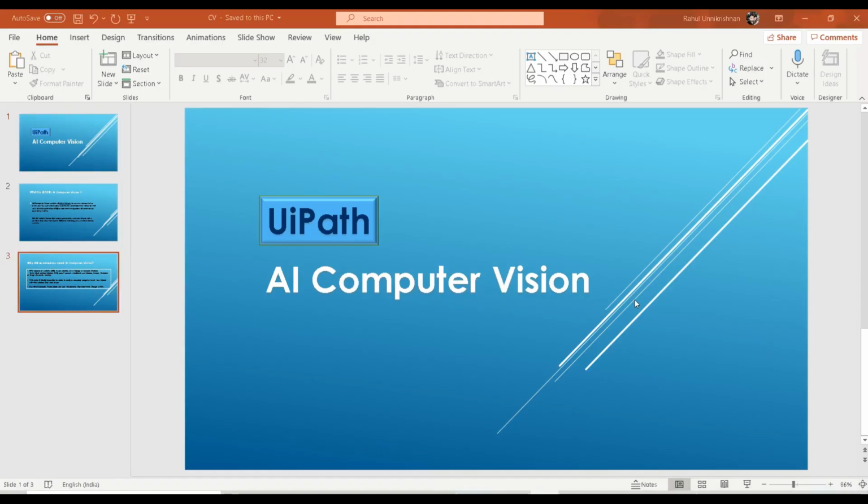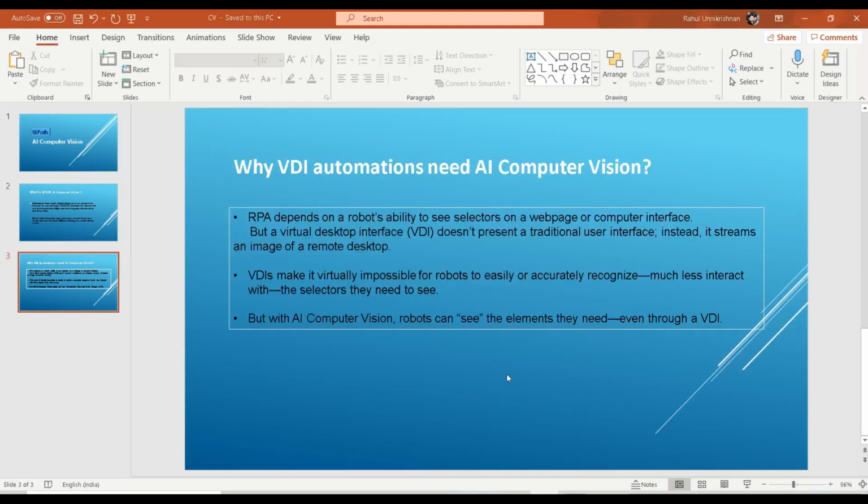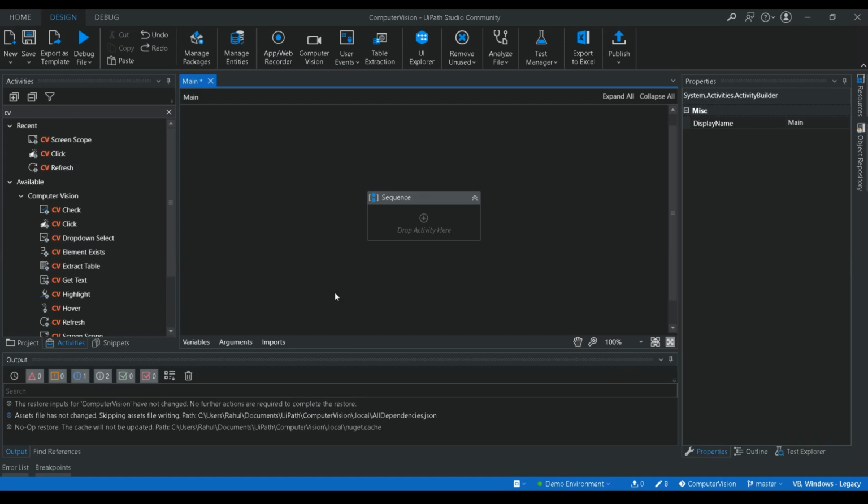So that's all. So let's see how we can configure this computer vision in our system. Okay, let me go to my studio. Okay, so here what you have to do is